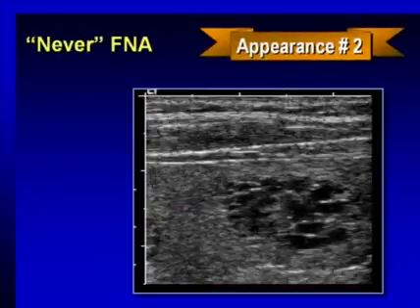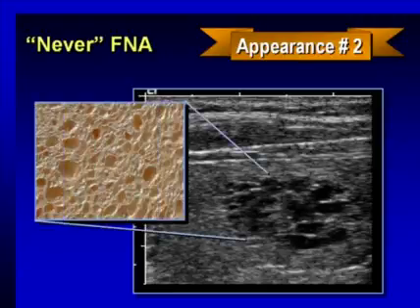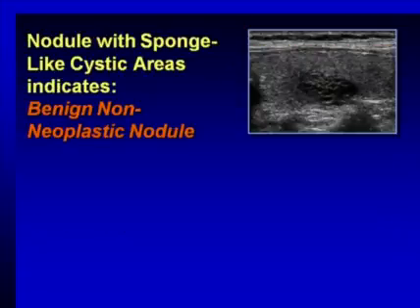Another type of nodule that doesn't come to fine needle aspiration is the nodule that's predominantly cystic but has multiple thin internal septations. It has the appearance much like a sponge with fluid-filled areas and then septations or solid material between the areas of fluid. And this indicates a benign non-neoplastic nodule in our